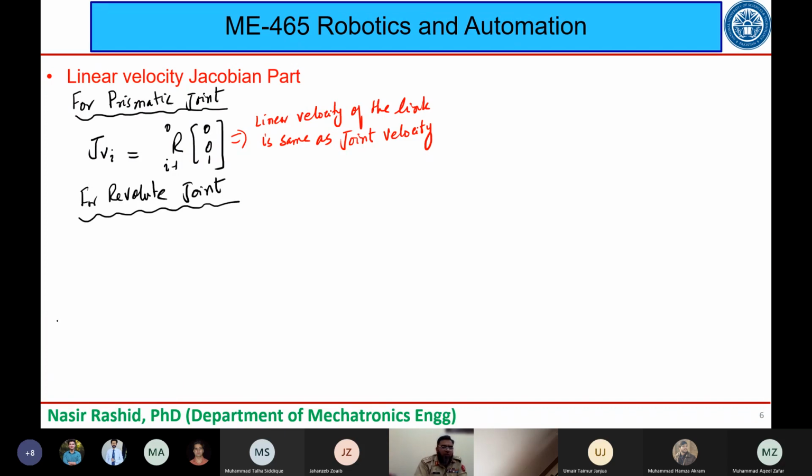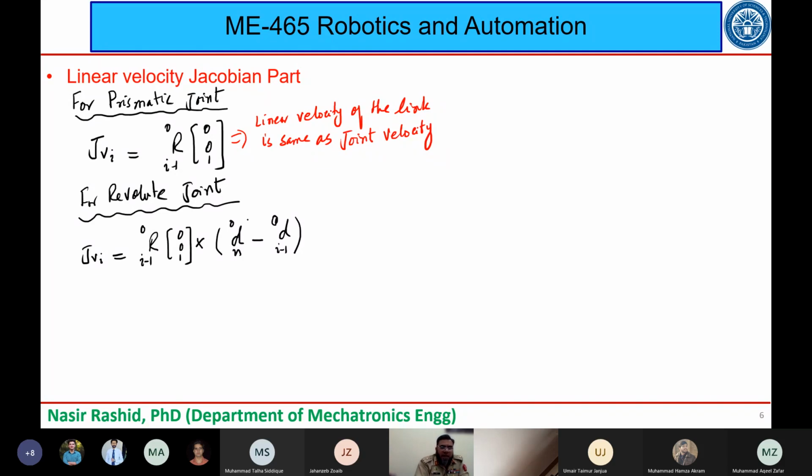So revolute joint के लिए जो मेरे पास joint velocity आएगी, joint velocity for an ith joint, for an ith link, so ये क्या होगी। अब ये थोड़ा सा कॉम्प्लिकेटेड है। ये कॉम्प्लिकेटेड किस लिए है या क्यों है कि इसके अंदर पहले तो पार्ट वही है कि जिसके अंदर मैंने रोटेशन लेनी है। सो रोटेशन ऑफ I minus 1 with respect to 0 0 0 1, and this will have a cross product with d n 0, ये क्या है मैं अभी आपको बताता हूँ, minus d i minus 1 with respect to 0।